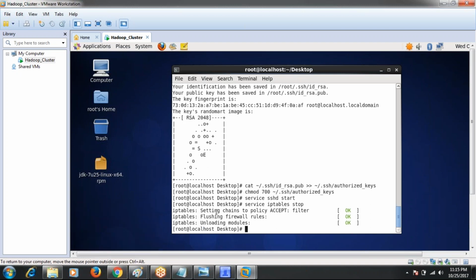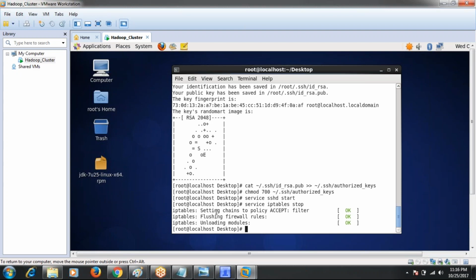IP tables means IP firewalls, used for security reasons. If the IP firewalls are on, whenever you put some data into the cluster, the data nodes don't allow the data.